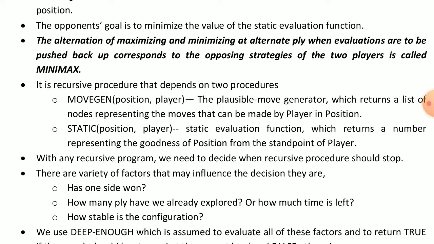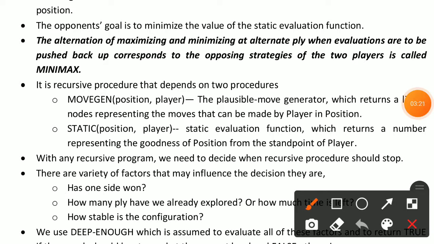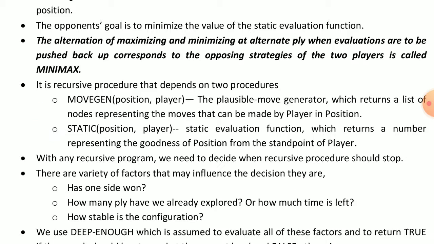So here in the game the minimum position is given. Suppose for the Ludo game, two players are the minimum requirement to play the Ludo game. Okay. So here we can use the recursive procedure and we can use two procedures. First is move gen and second is static, and its explanation is completed.